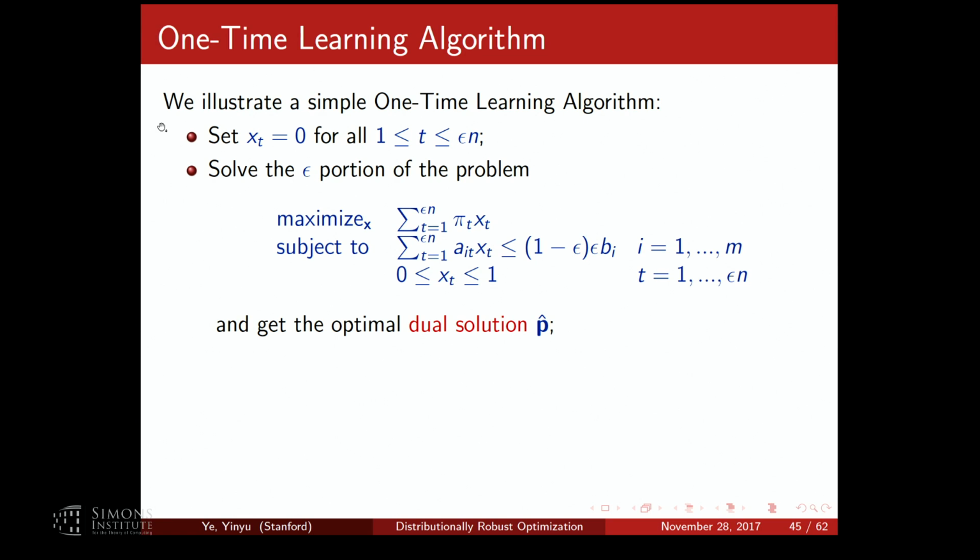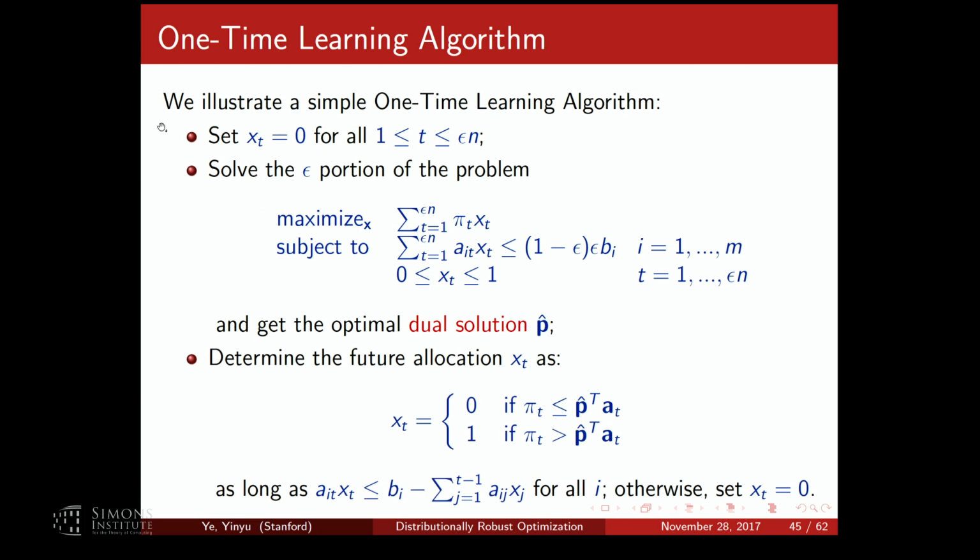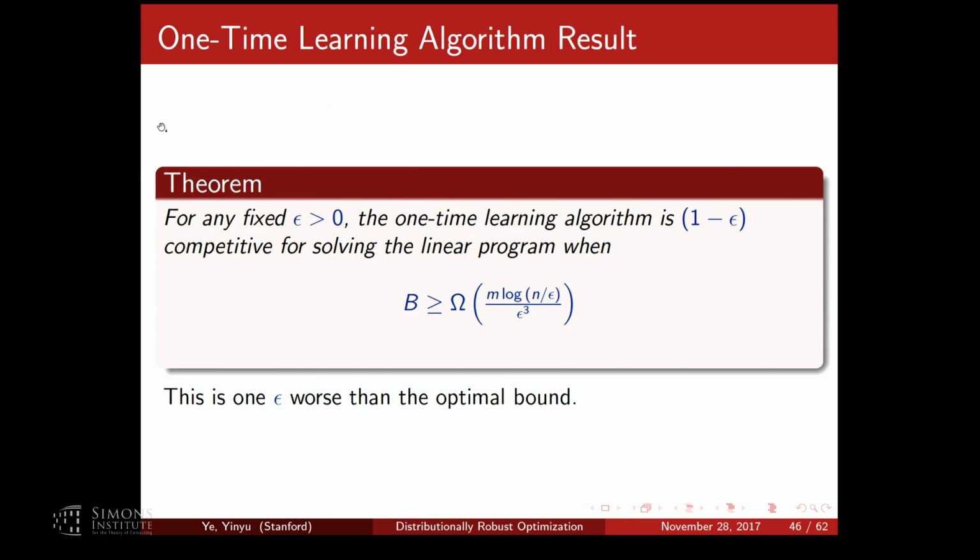But the overall idea is, because I assume random permutation, the first 100 should be a good representation. I don't need pi, but it's a good 1%. Those 1% of customers probably consume 1% of the resource, so I just give them 1% of the resource. I solve that for the shadow price. Then the rest of the decision is easy. So that's one-time learning. You can prove it.